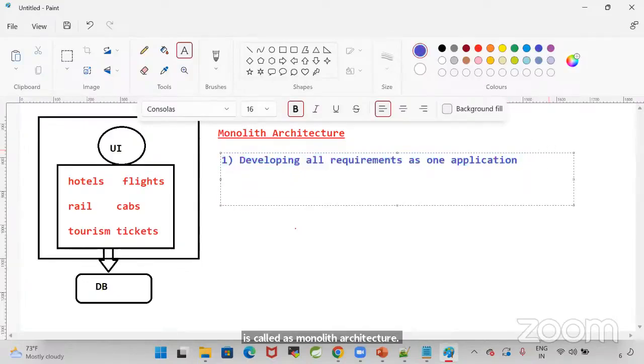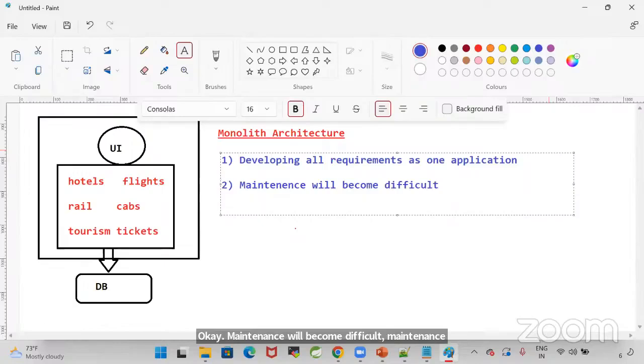Maintenance will become difficult. If you want to make a small change to one functionality, there is a chance of impact on the other functionality. The whole project should be redeployed for a small change.